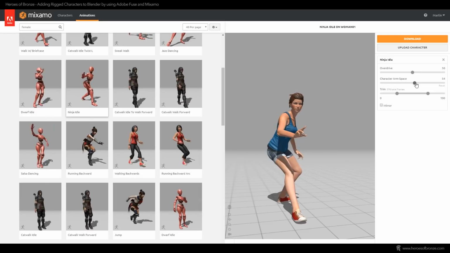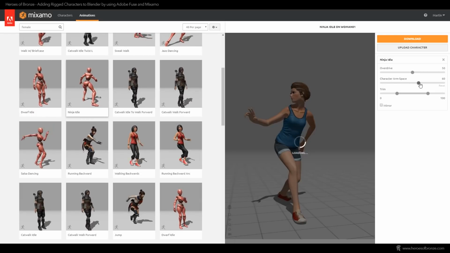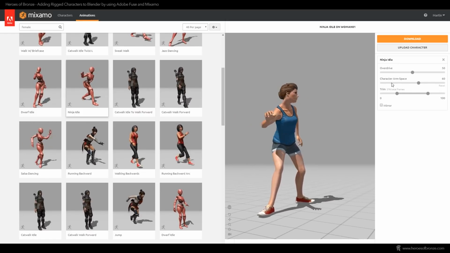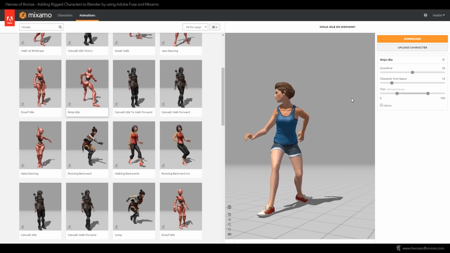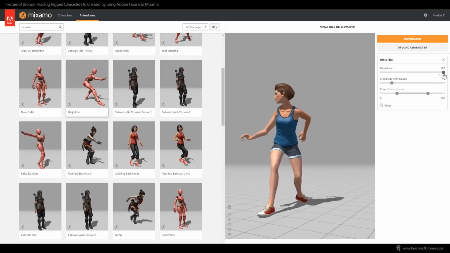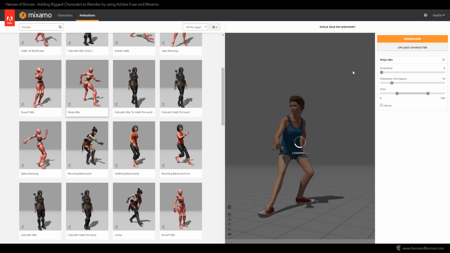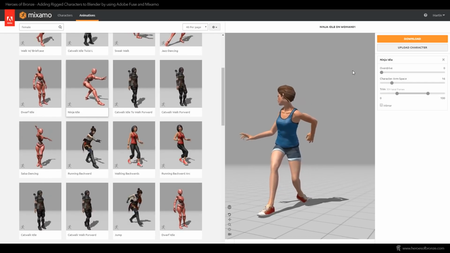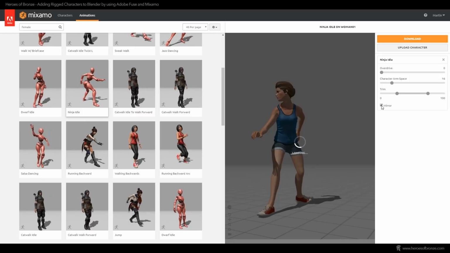One thing I did not mention is that you have some limited options here in Mixamo to change your animations. In the majority of cases you can adjust character arm space. If you have a large bulky character, you can put his arms wider apart so that they don't go through the torso, while skinnier characters generally work better with smaller numbers. Also, overdrive makes your animation faster or slower. You can trim or mirror your animations as well, which is pretty self-explanatory.